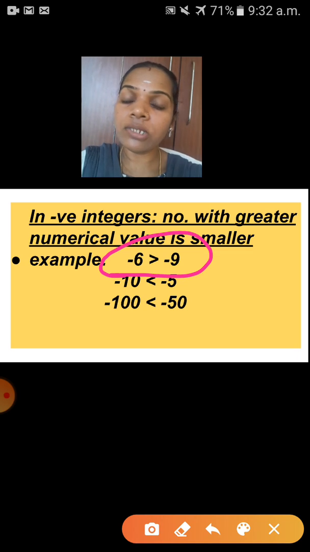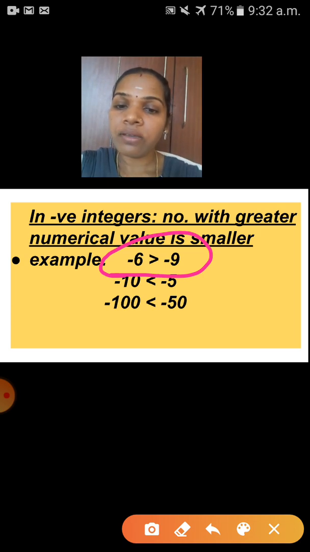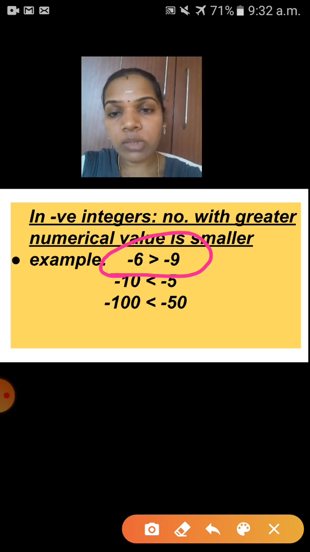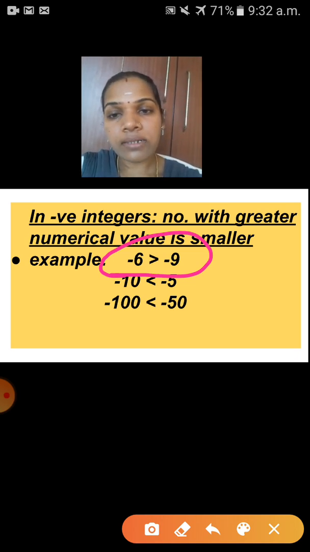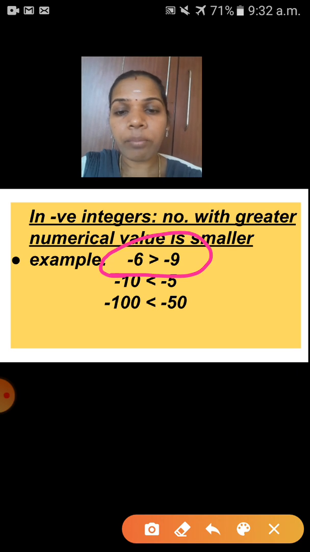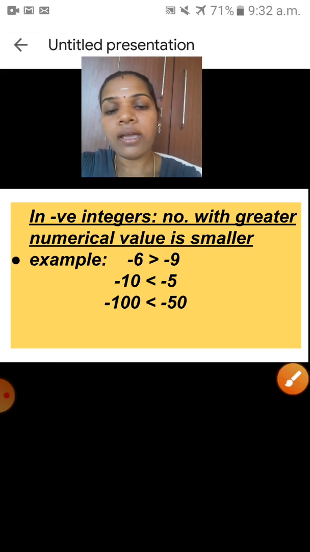And you have to imagine one number line, -6 and -9. Which one is present on the right side? Yes, -6 is present on the right side and -9 is present on the left side. So here -6 is greater than -9. Okay. And next one is